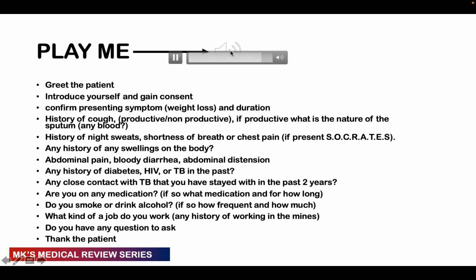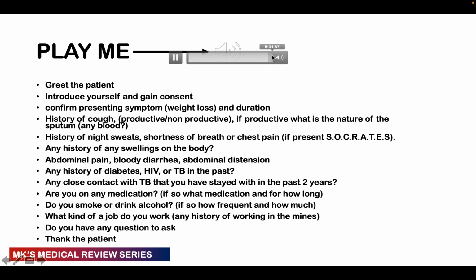What kind of job do you work? An office job. I'm a secretary. Have you ever worked in a mine? No. Okay. So, Mrs. Kayla, I would like to give you the opportunity to ask me any questions. If you have anything that you feel is important that you may tell me. Do you have any other questions for me? No, thank you. Okay, so from here on, I'm going to perform a physical examination and assess your chest to